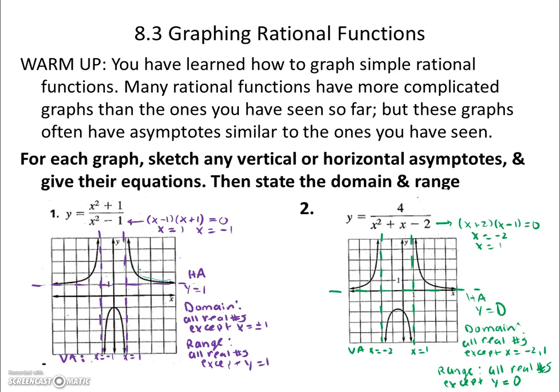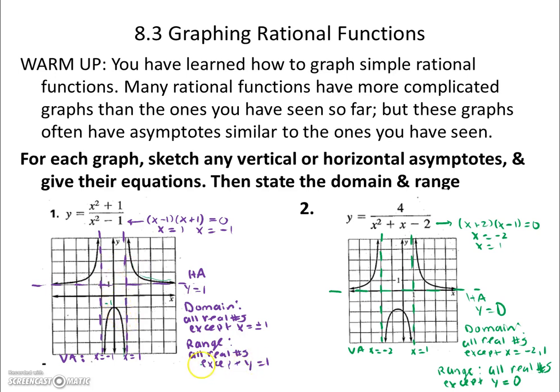Similarly, when we're looking for the range, we're going to look for this horizontal asymptote. And I see that it's up here above the horizontal asymptote of 1, and I see that it's down here as well. So I know it's not here at y equals 1, but additionally, I don't see anything in this space here. So it's not 1 because it levels off at 1, so it's going to be greater than 1, but we also have it down here, and this value is y equals -1, and it's going to be below